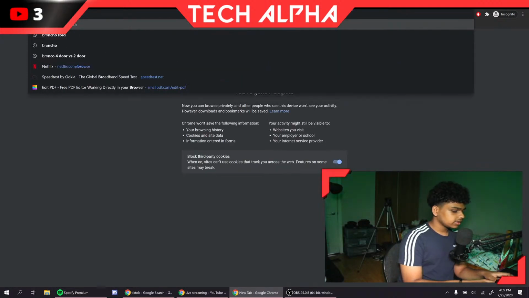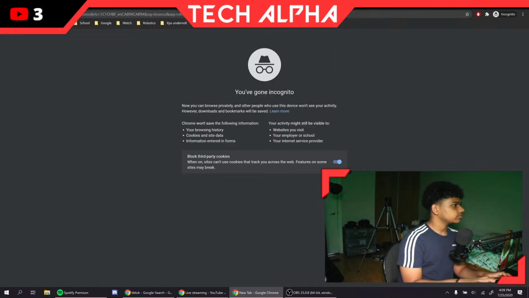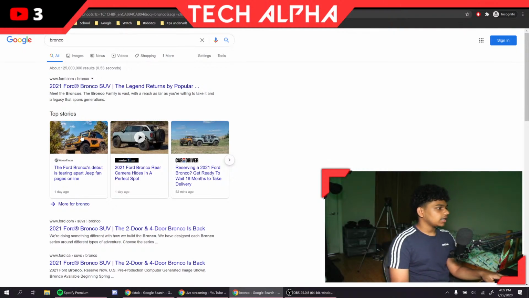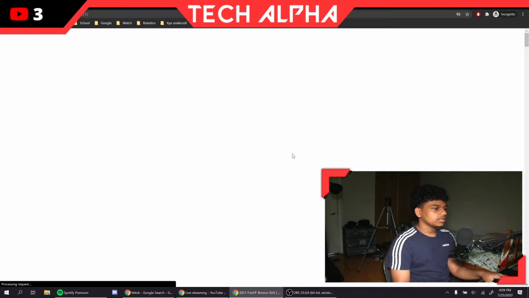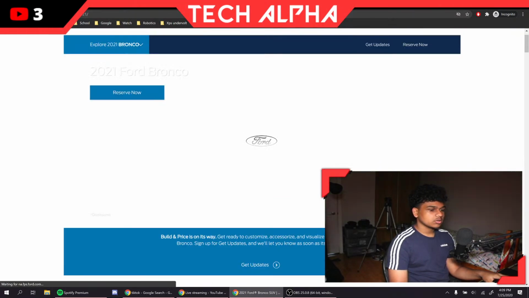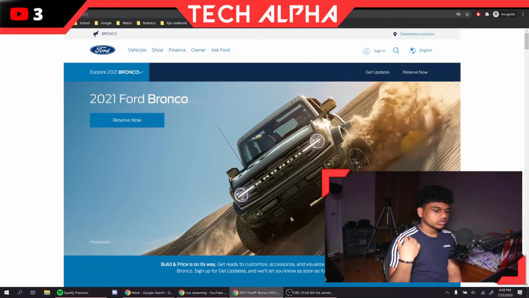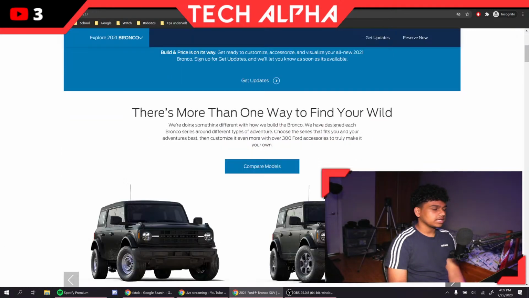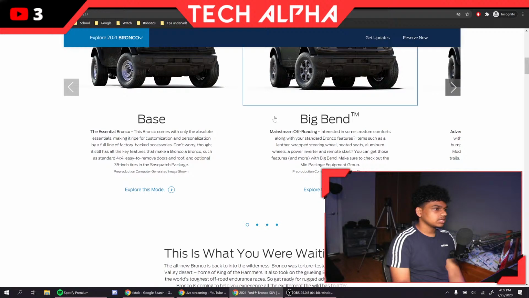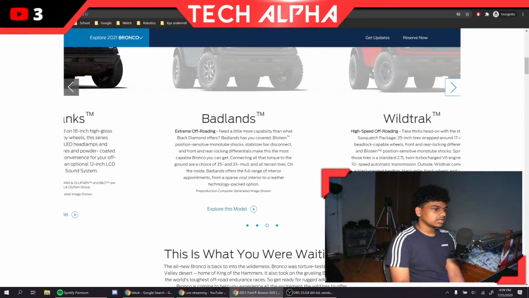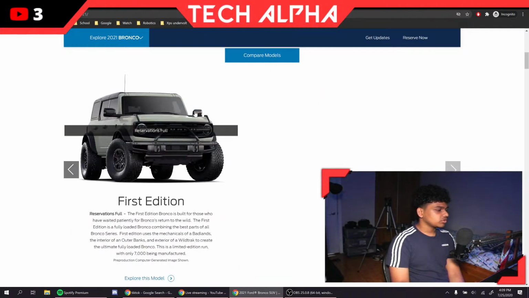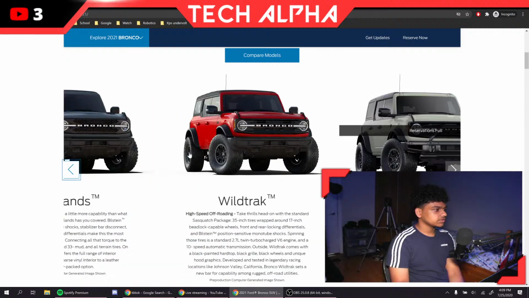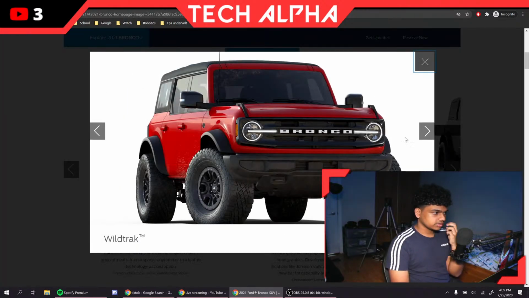And then to finalize the stream, to end things off, I want to talk about the Bronco because Chris brought that up. Dude, I saw this Bronco. Apparently FoozyTube is gonna buy one of these Broncos. But yo, I saw on Twitter as well, they sold out Bronco already. They sold out all versions of the Bronco without people even seeing it. So this is just deposits. I think you can deposit $200 or something like that to reserve your thing. It says reservations for the first edition is full. I guess that means these ones are still able to be reserved.